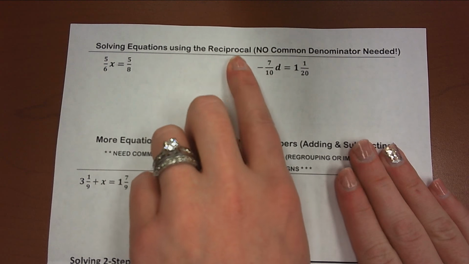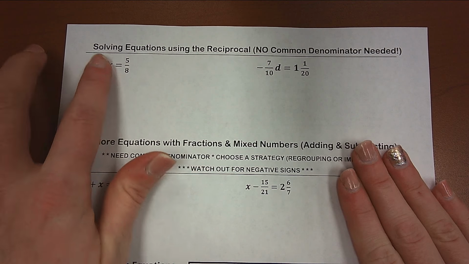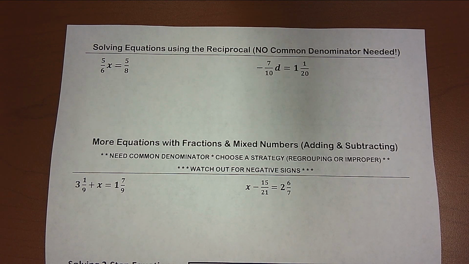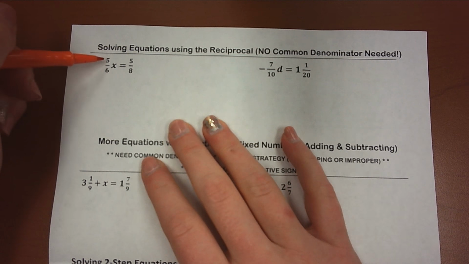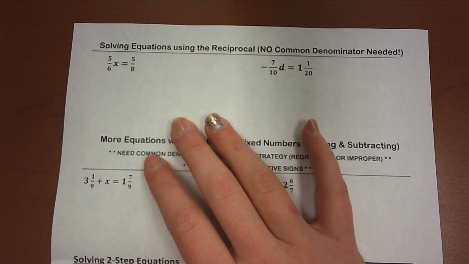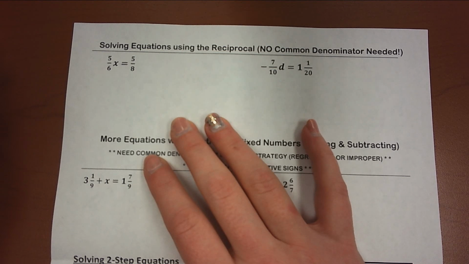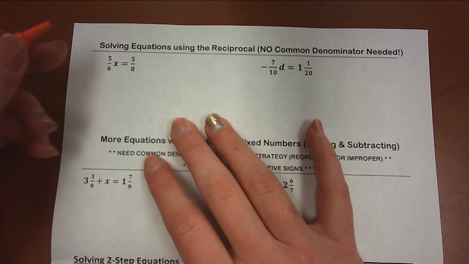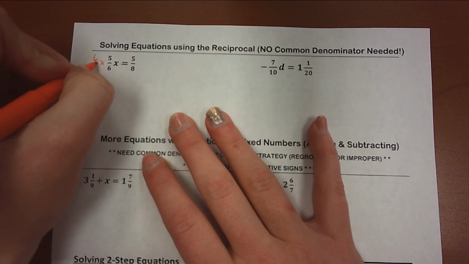Solving equations using the reciprocal. No common denominator needed. So when we have something like this, we have 5/6 times x equals 5/8. And when you see 5/6 times x, you say, oh, well, when we see multiplication, we divide. But you also know that when we divide by a fraction, we're really just multiplying by the reciprocal. And so you could show the division step, or you can just go straight to multiplying by a reciprocal,